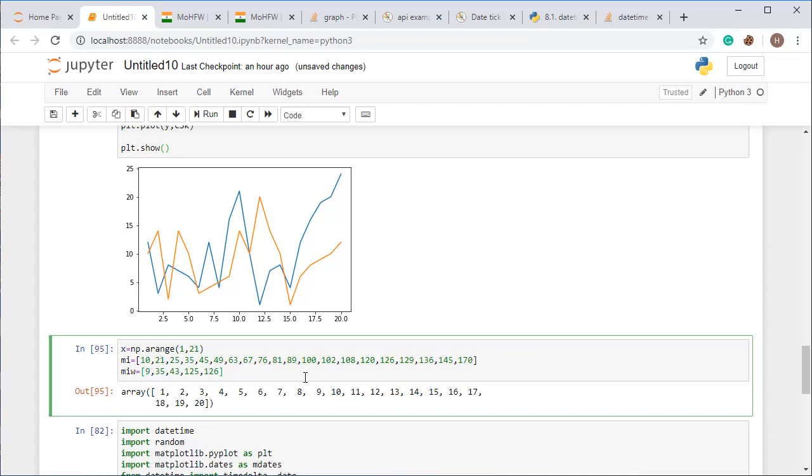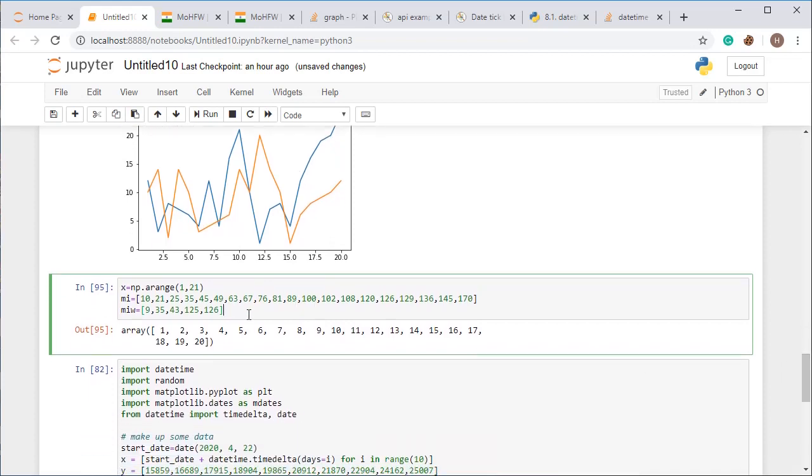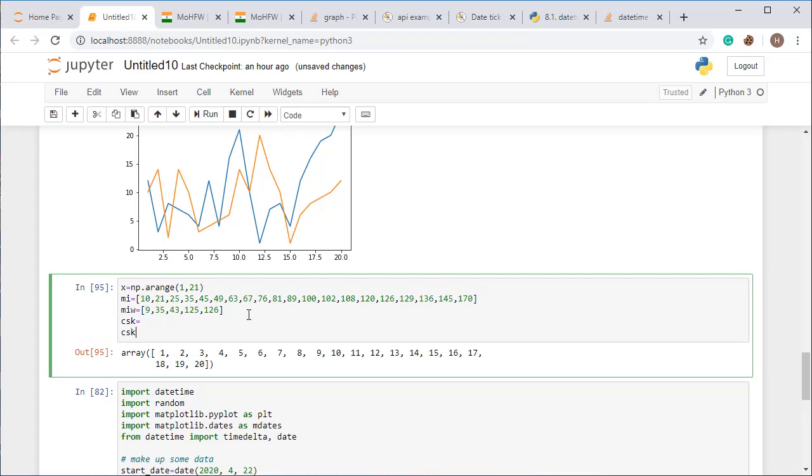So we will be plotting all of this as dots in the graph. Now for plotting dots, what we use is just plt.plot and just pass o, so that it gets the dotted points. In the same manner you have to provide the data for CSK and the CSK wickets, and then you have to plot all 4 graphs on a single plot.